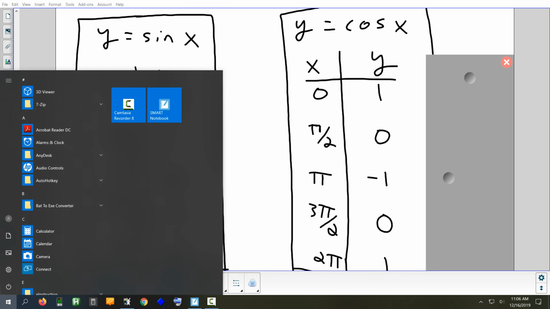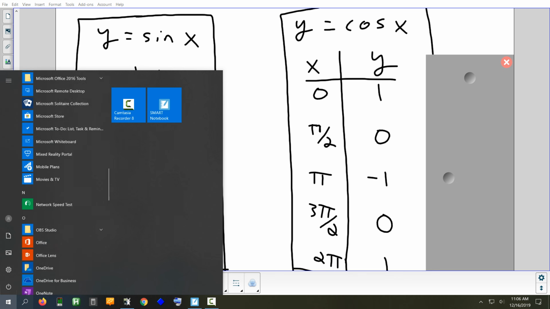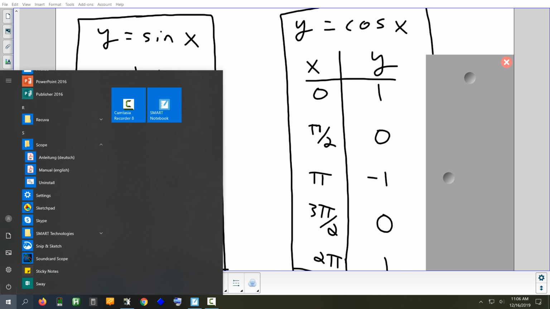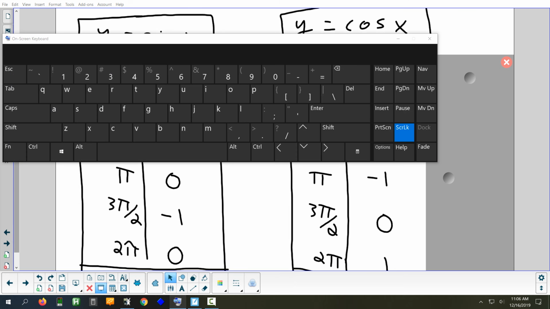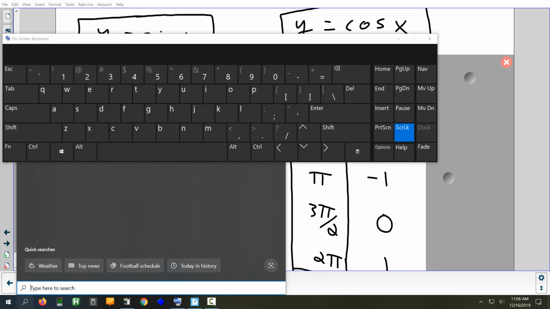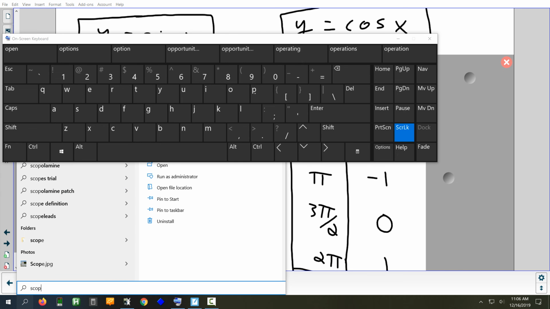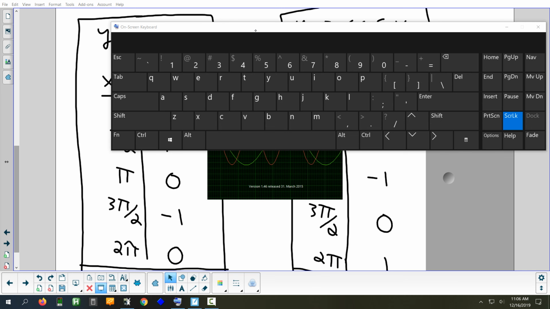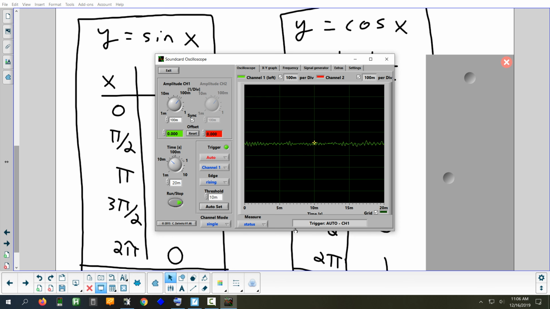So, let's see if I can find something for you. Let's try typing it in here. What I'm doing is I'm looking for a program that I have. It does something. Okay, so